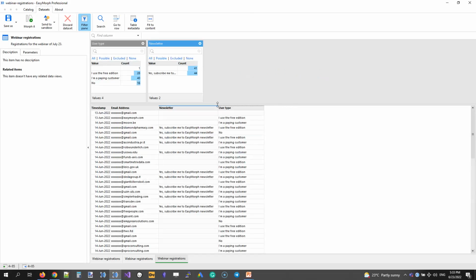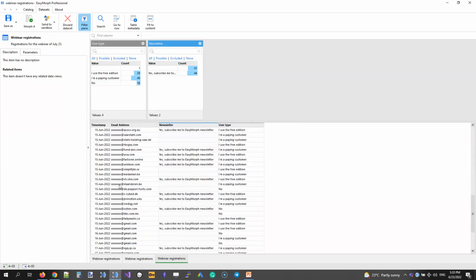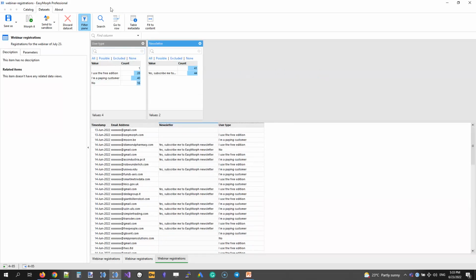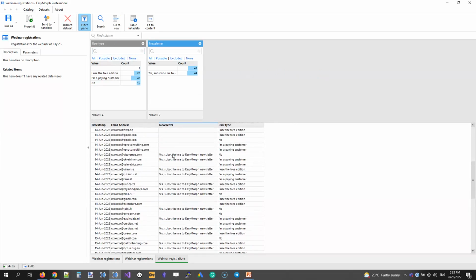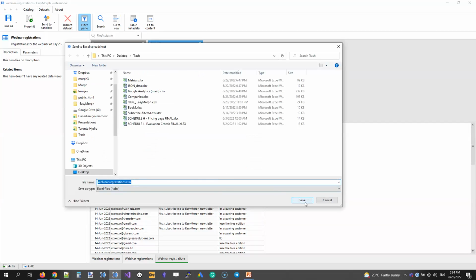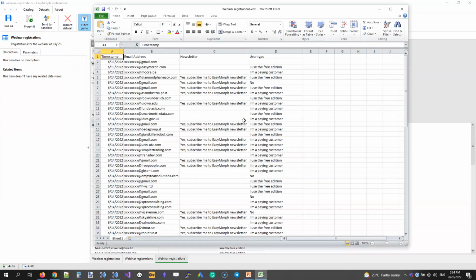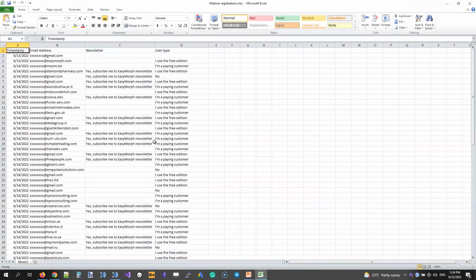What you see is the dataset viewer. I obscured the email addresses a bit for privacy. In this dataset viewer, you can view the dataset, and notice the 3 buttons here. You can export into one of the file formats supported by the data catalog. Let's say we want to export into Excel. So we save this dataset as an Excel file, and we open it. And here we go. Now we have this dataset exported into Excel.